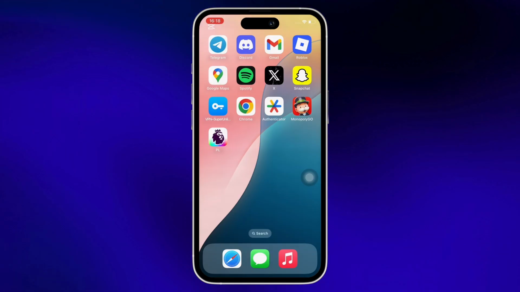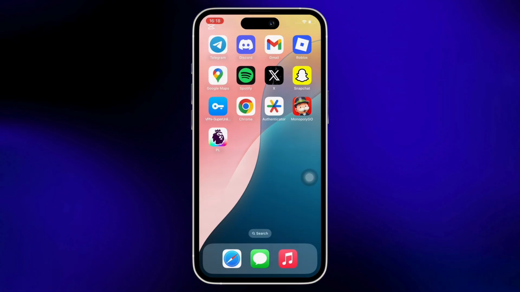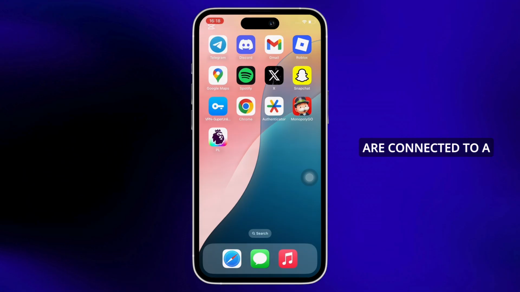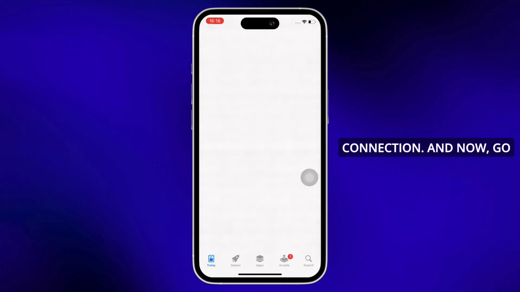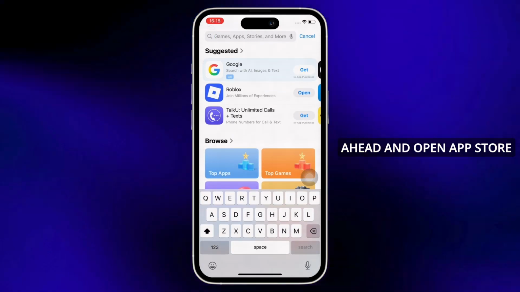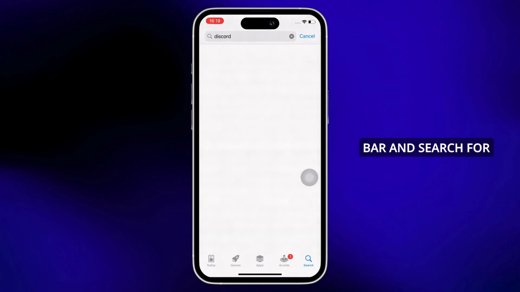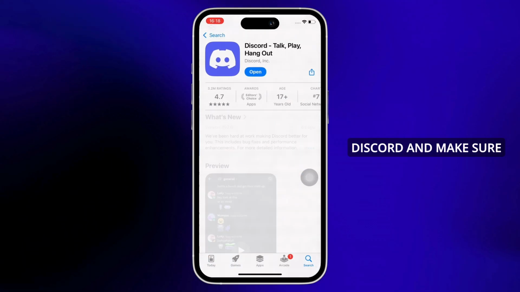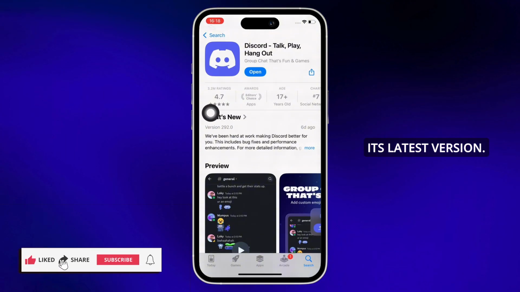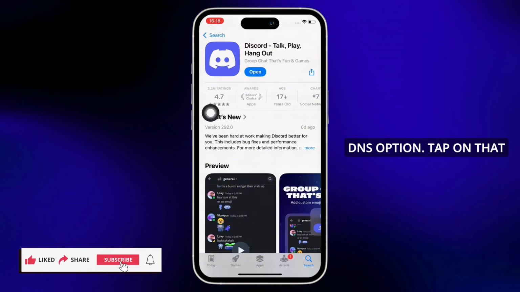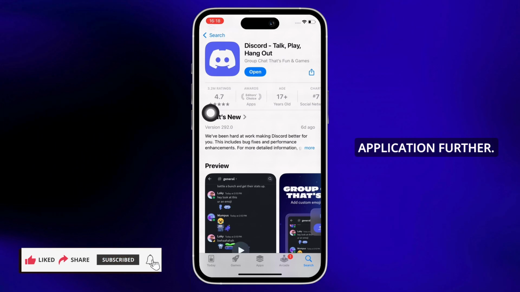Now let's get right into the tutorial. Firstly, make sure you are connected to a proper working internet connection. And now, go ahead and open App Store and tap on the search bar and search for Discord and make sure the Discord application is updated to its latest version, and if not, then go ahead and update the application